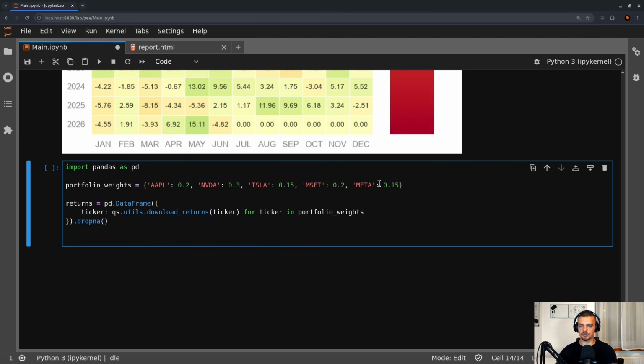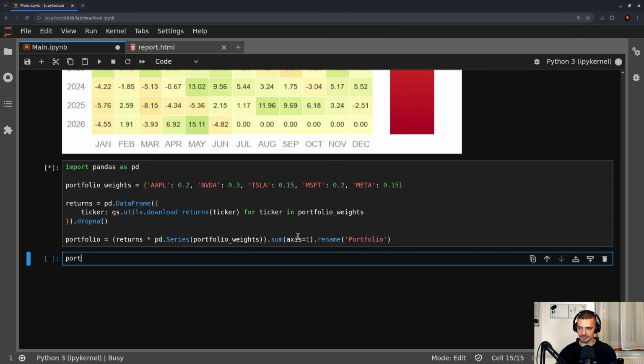So what we want to do is multiply the returns by the weights. So our portfolio will be the result of taking the returns, and we need to multiply them by the weights, and we can do that easily with pandas. We don't have to do any fancy iterations. We just have to turn the portfolio weights into a series. So pd.Series portfolio_weights, and then the entire thing here will be enclosed in parentheses, and we're going to sum it up on axis 1, and we're going to rename this to be portfolio. So I can actually run this and we can see what this looks like,